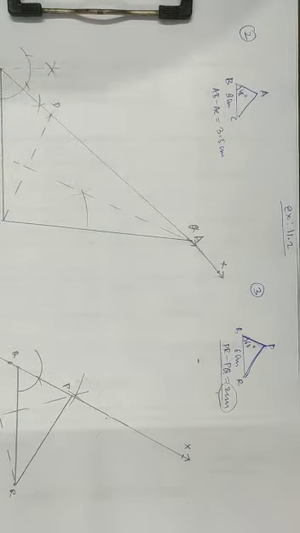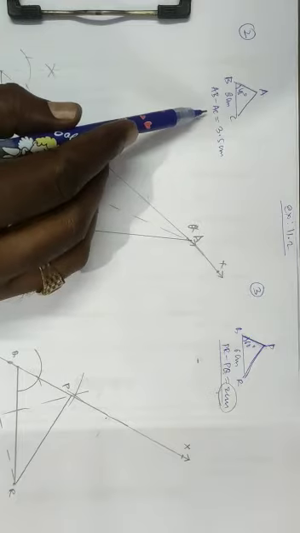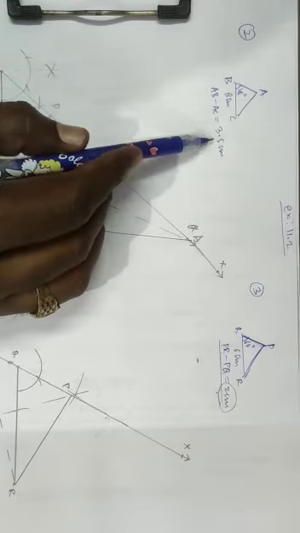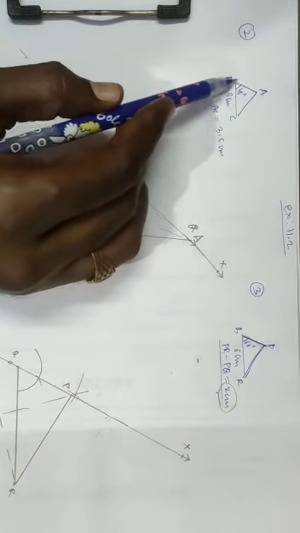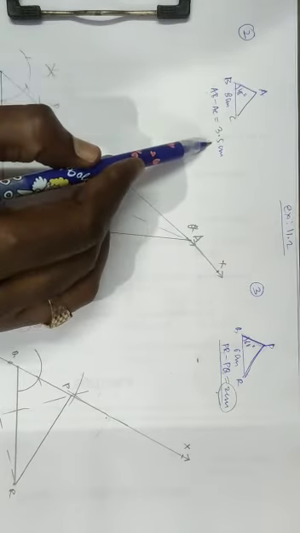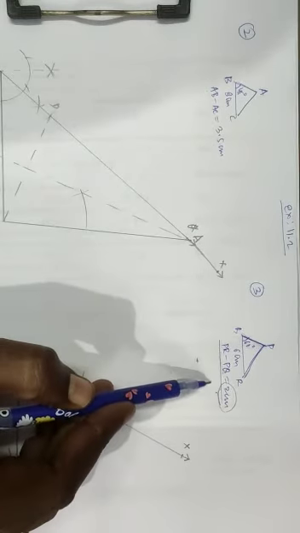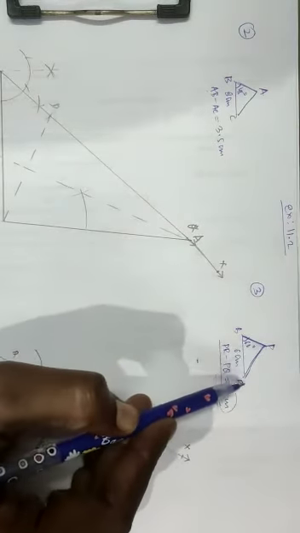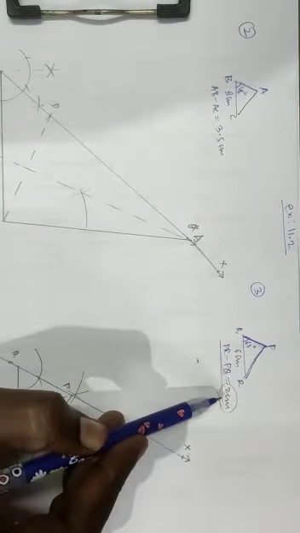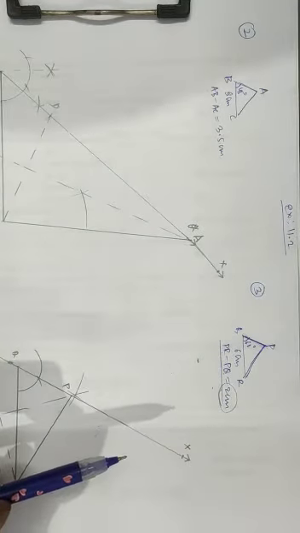Now what is the difference? The difference in these two questions is that here the difference which is given, AB minus AC, is 3.5. That means that AB is greater. The angle is at B and this one is greater than AC. But here in this case it is PR minus PQ which is 2. That means PR is greater and PQ is smaller. How much smaller? 2 centimeter smaller. So this is the difference.